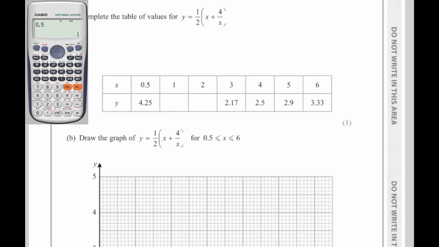Then you have to ignore some values from the table. Can you see there are unwanted values as well? So let's ignore those unwanted values. First one is 1. For 1, you are getting 2.5. So let's input